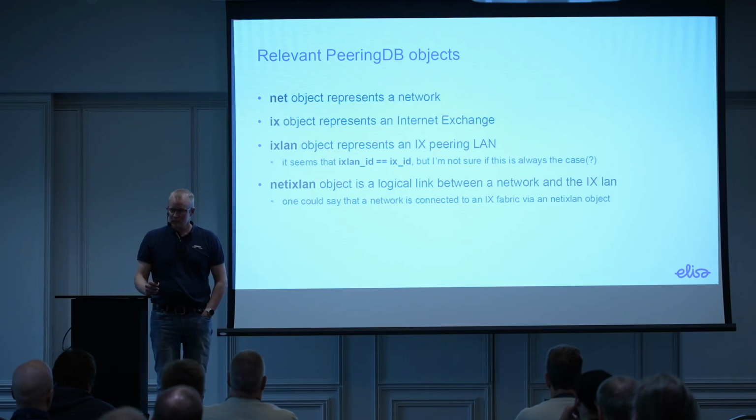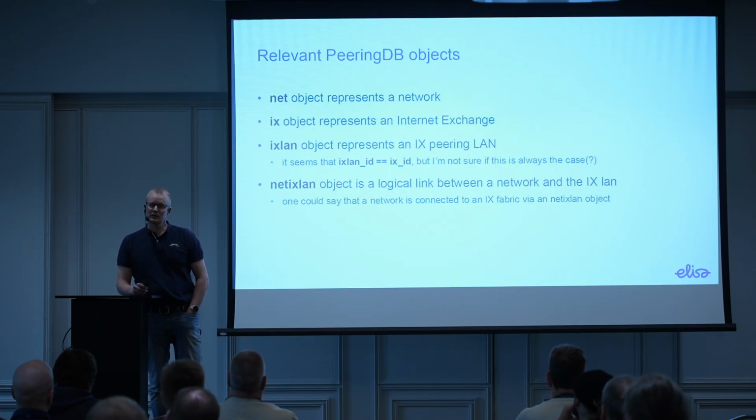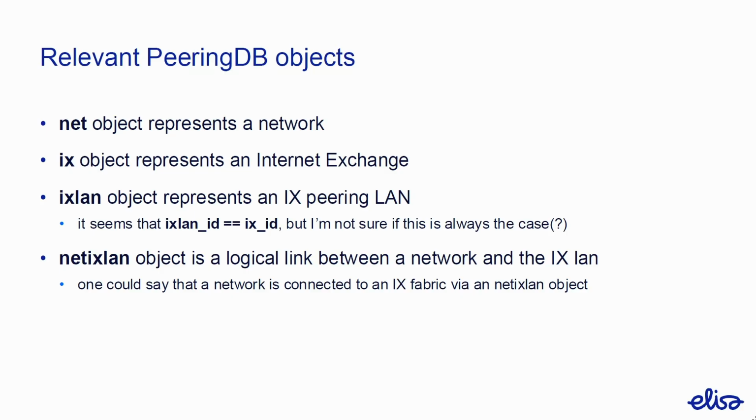Okay, next I will present a few of the most relevant PeeringDB objects that we are using in this exercise. PeeringDB has a lot of different objects accessible via the API, but these objects are the most relevant for our tooling. First of all, a net object represents each individual network, like AS66, 67,